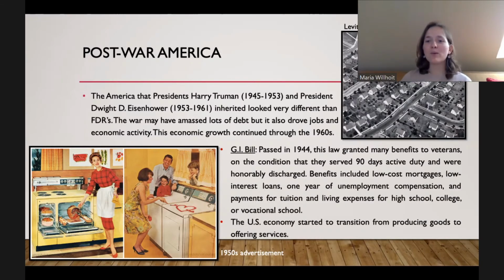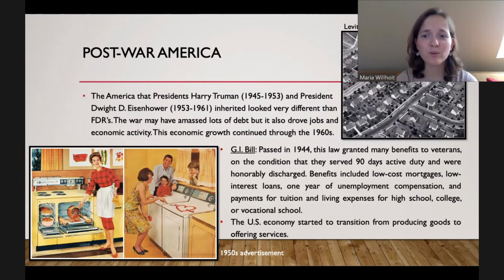I'll mention that it was a major bill for veterans. It's the most influential bill for veterans and soldiers, and it's still present today. The benefits of the GI Bill are still present today. They've changed a little bit, but this bill has never gone away. And the bill, I should say, grants many benefits to veterans. There are conditions: that they served 90 days of active duty during the war and that they were honorably discharged. And I think that still applies today to get the GI benefits.